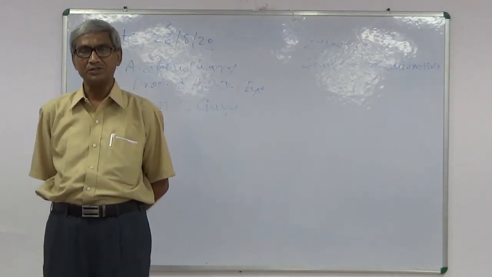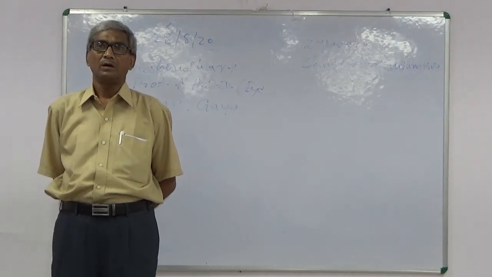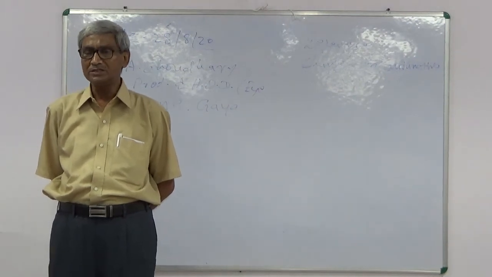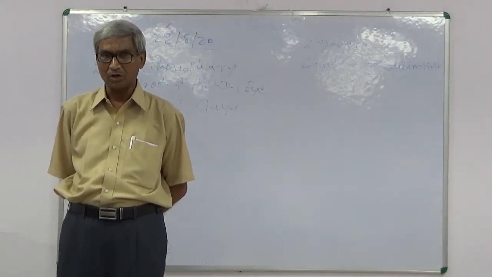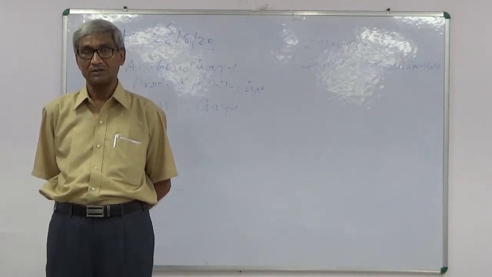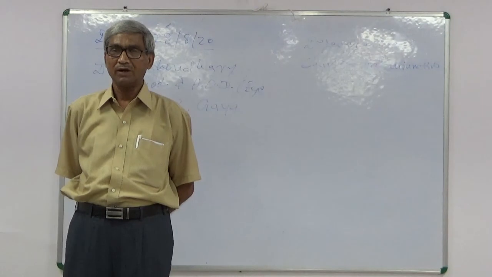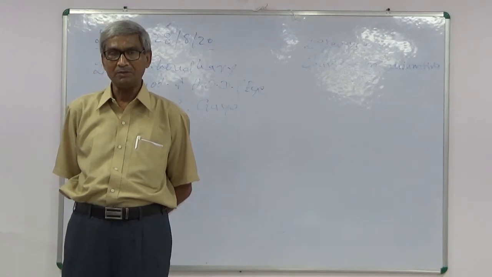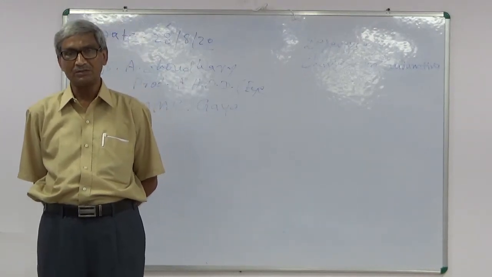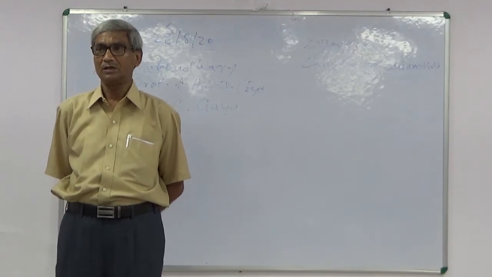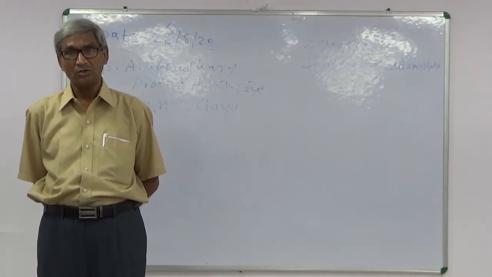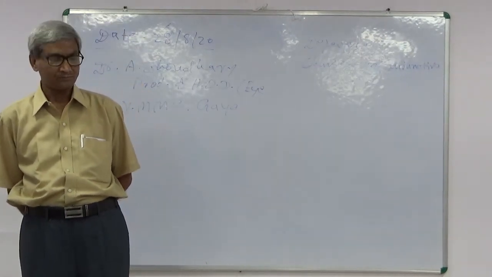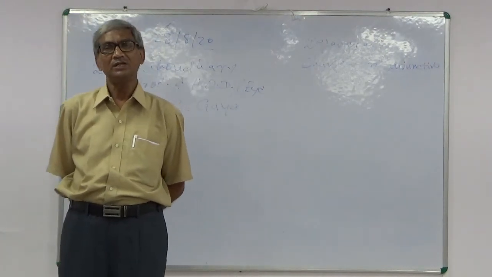Now, clinical features. Disturbance in vision. If the pterygium covers the pupillary area of the cornea, then there is marked visual disturbance. Otherwise, no visual disturbance. Second is diplopia. Sometimes, if the pterygium is large, there is a limitation of the movement of the eyeball. So, diplopia develops. Now, management. The management is only surgical.